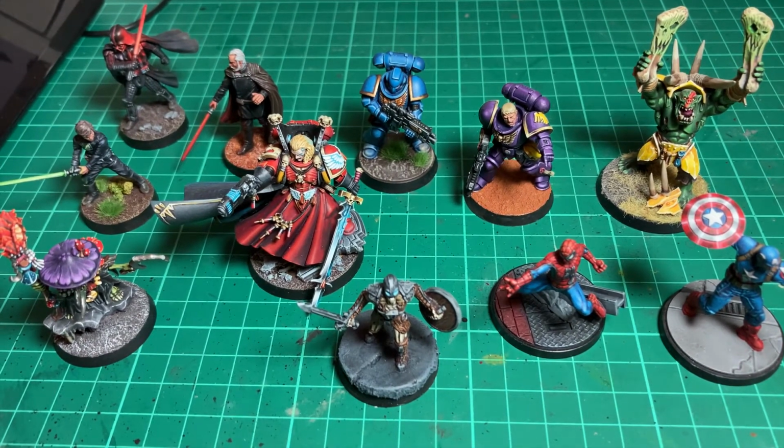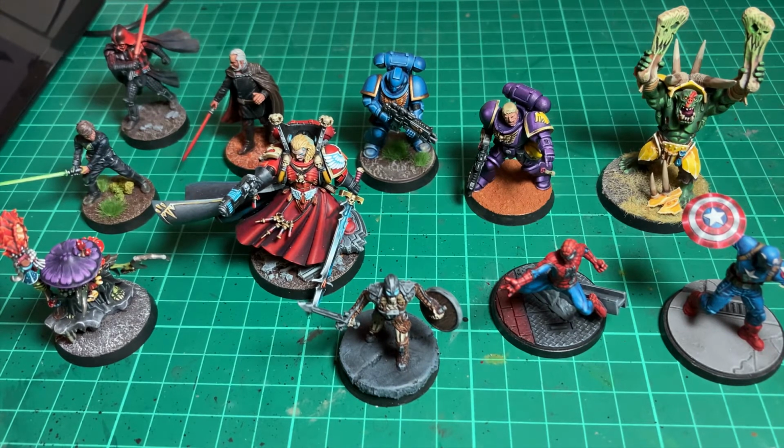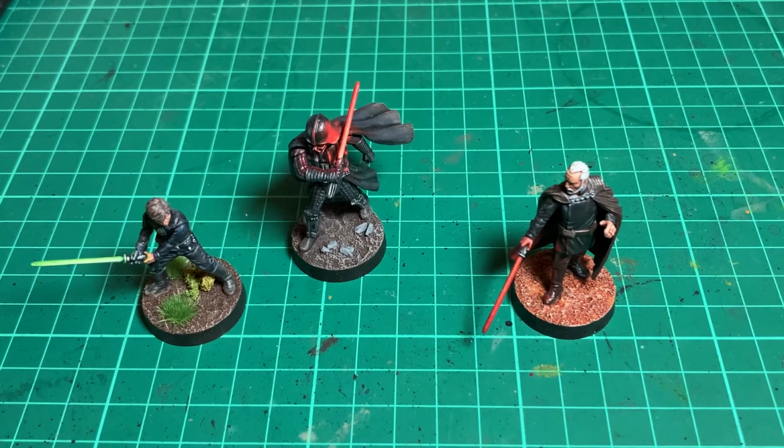As more of a miniature painter, I'm constantly looking for really good quality miniatures at really good prices. One of the ways I've found to do this is to diversify the models in which I fancy giving a go, moving away from just painting Warhammer, AOS and 40k miniatures and moving into the realms of other games. There are a lot of manufacturers that really make cheap alternatives, or not necessarily alternatives, but models for a far more cost-effective price. Games such as Marvel Crisis Protocol and Star Wars Legion can be far better value than